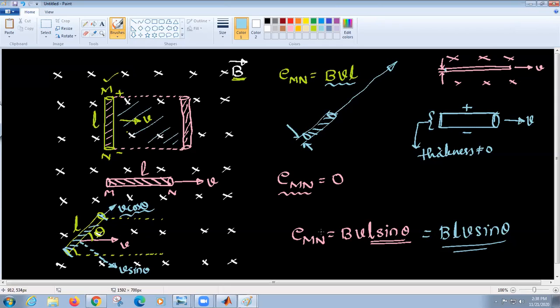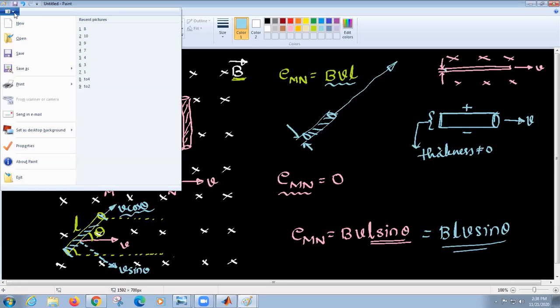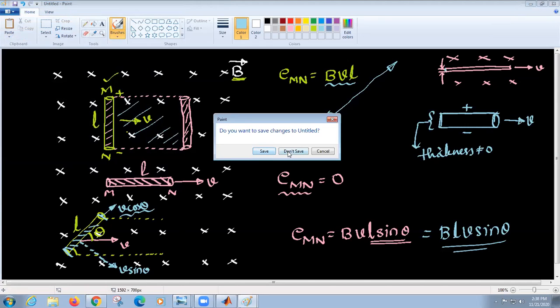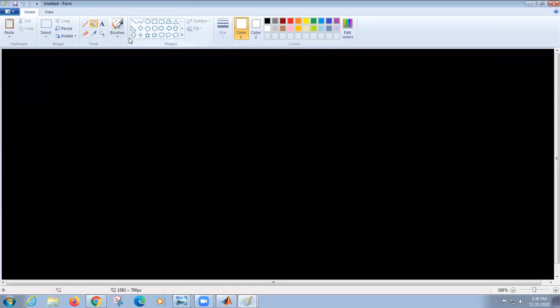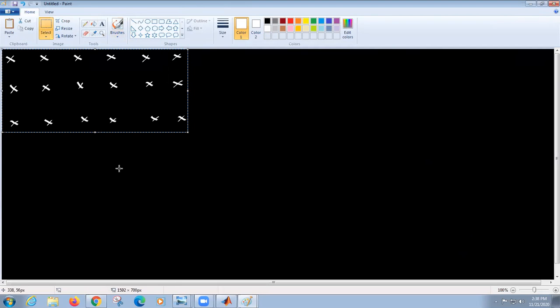So you can go either way. If you think the second approach is difficult, just go with the L cos theta, L sin theta approach. That is straightforward. With this basic clarity, now we can venture into this. Let me take it again.